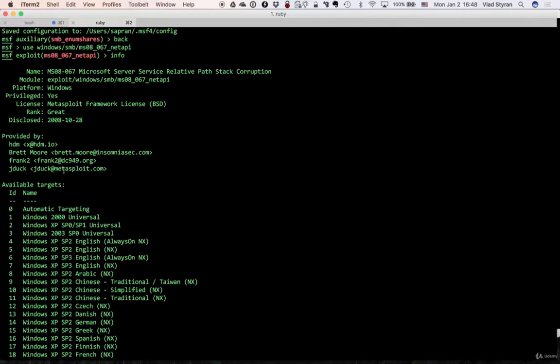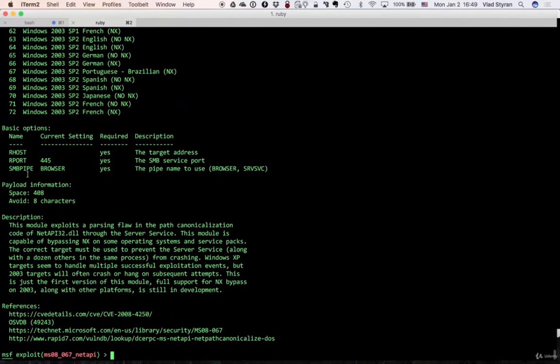So as you can see, again, we have JDoc here, we have HDM, and everything we have to put here is the remote host, and we have to have this port available on the host, which is available all the time. We enable network printer and file sharing. So let's set our host to